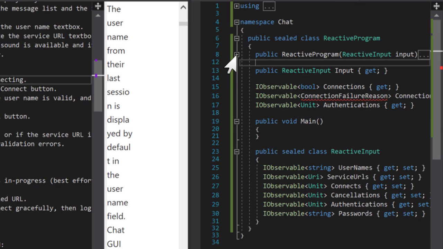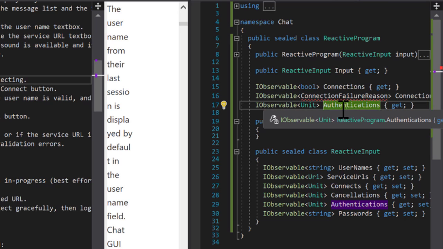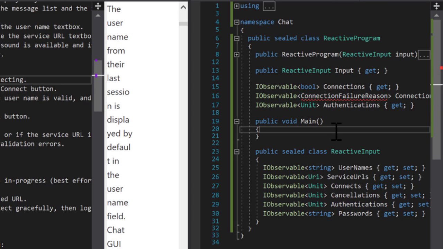Okay, so the input and output are getters, which is fine. Our goal really is, in the main method, to define the outputs in terms of the inputs. If you think of it this way, what good is the program if it has no outputs except for maybe side effects? Side effects in this case are going to be important as well because